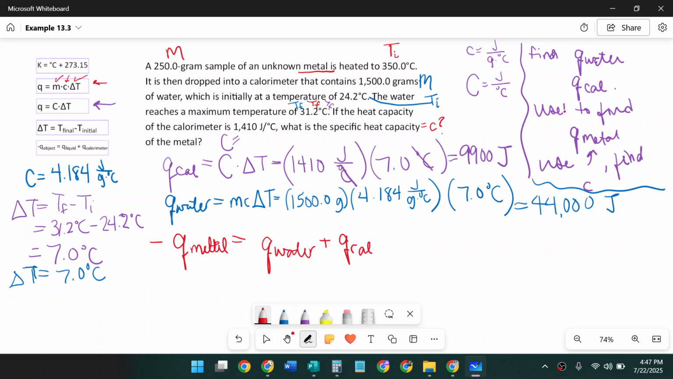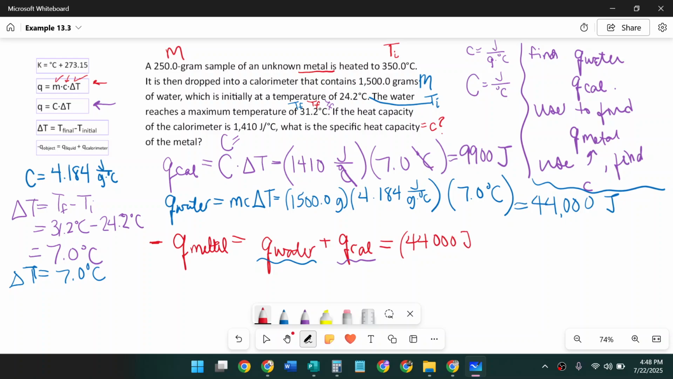I probably should actually do those in their matching colors. How about I just underline them? So Q of the water, Q of the calorimeter, and that will give me the Q of my metal. Then I'll have to flip the sign because this has a negative out in front. All right, so the Q of the water was